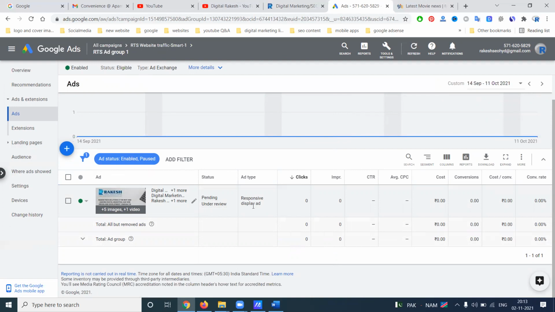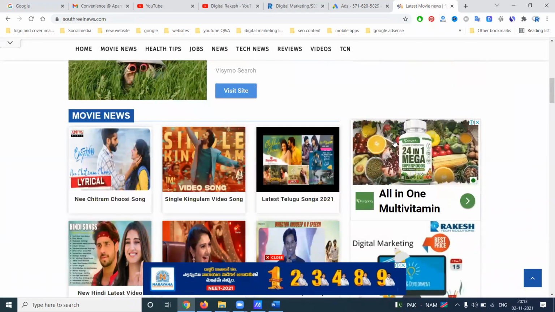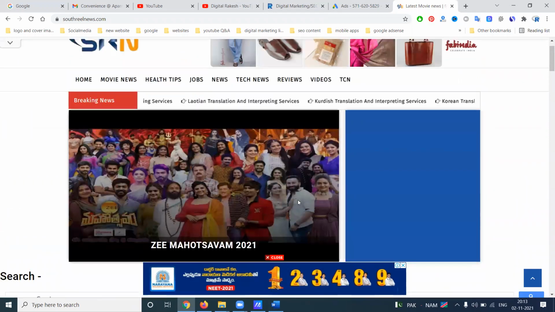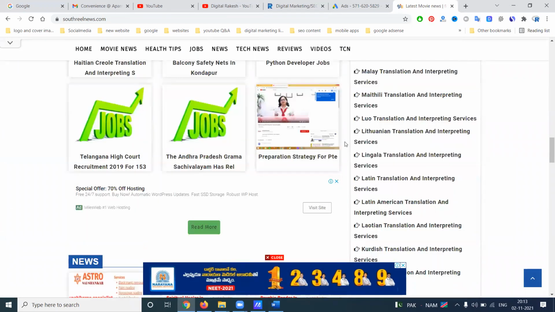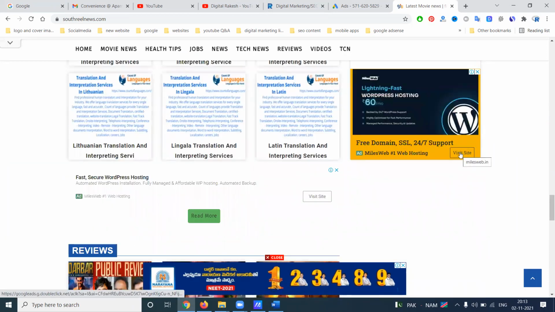Based on the ad size, the image size will automatically be decreased. The ad will be shown to the particular customers. Like for example, this will be one type of ad, second, third, fourth and fifth, depending on, see this one. So all these ads will visit the website to increase your website traffic and conversion based on the image display ads. There will be three options in total: video, text with image, and image ads. All of these will be shown to customers to increase website traffic.